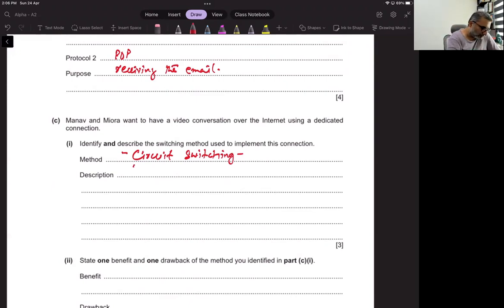They will reserve the line. You have an idea that in circuit switching, the connection is reserved while they are actually exchanging their packets. No other node or the network can use that particular one. For the duration of the video conversation,